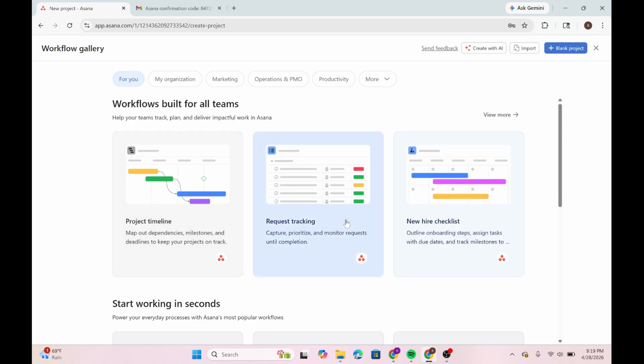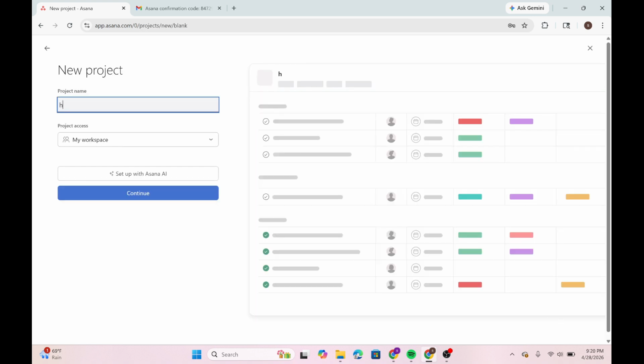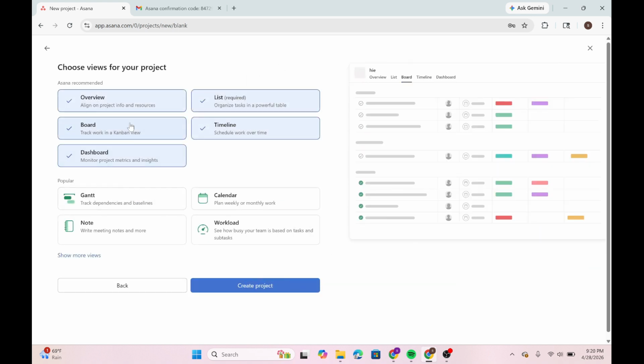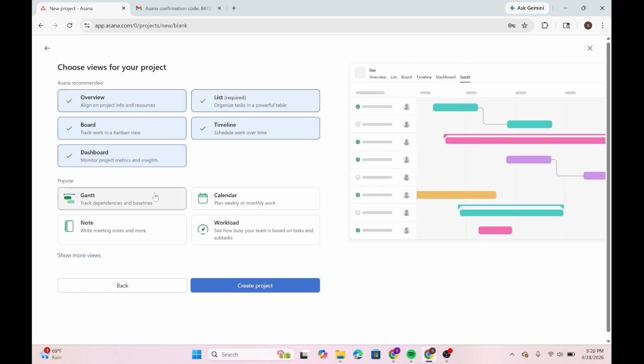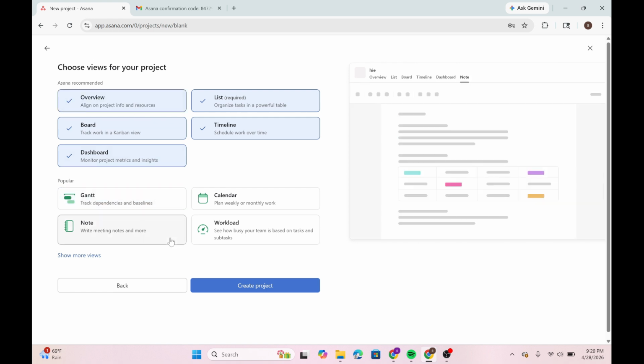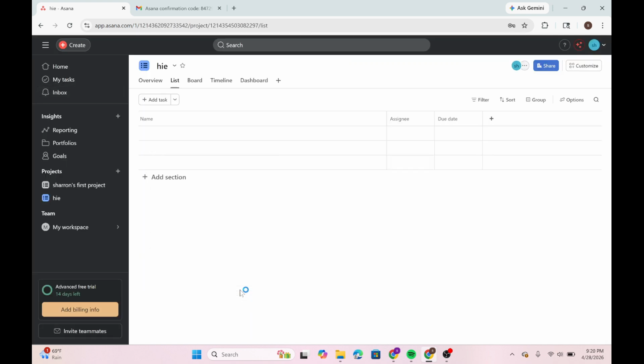You can also select the workflow built for all of the items, or you can simply select this blank project in the top right corner here, and you can type down your project name and your project access if you want to. If you want to set up with Asana AI, you can do that as well, and you can simply continue. You can also select the choose view for the project. You can select the overview, board, dashboard, and you can also select the popular one here as well. After you're done, click on this create project on the bottom here,